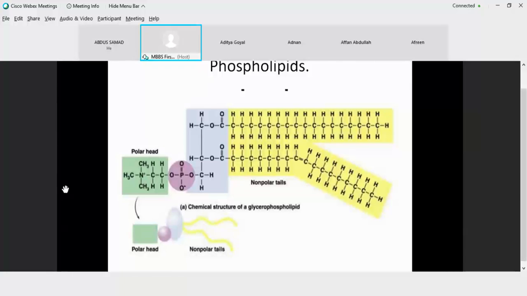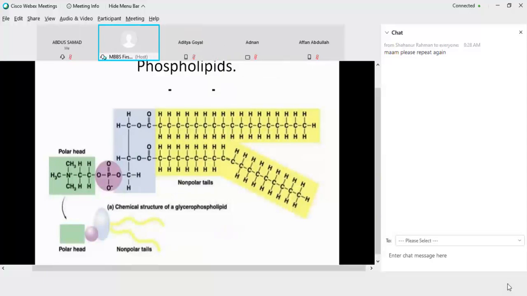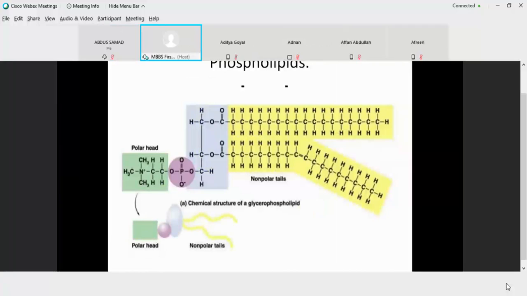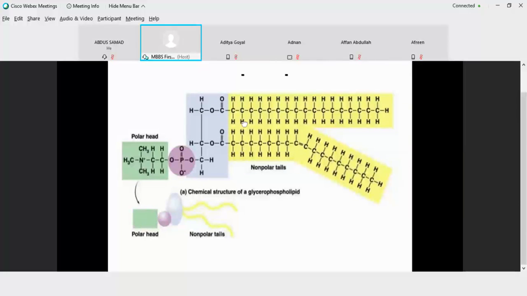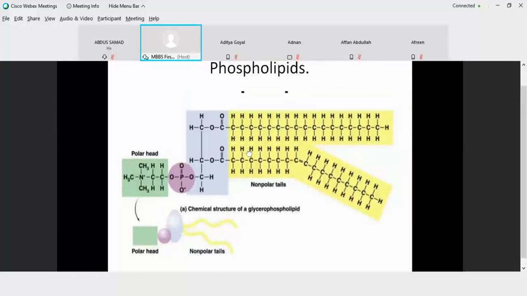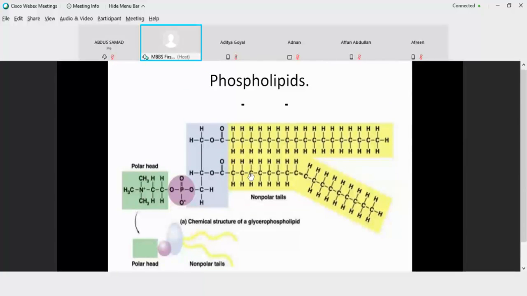Now this yellow structure, the light blue structure and the purple structure, this whole structure is known as phosphatidic acid. This is the backbone of all the phospholipids. Every phospholipid is going to have this backbone conserved. That is, the fatty acids may vary, but there will be 2 fatty acids, one at carbon number 1 and the second at carbon number 2. The third carbon will always have a phosphate group with a negative charge. And to this phosphate group are attached polar alcoholic groups. These polar heads or alcoholic groups define the type or class of a phospholipid.